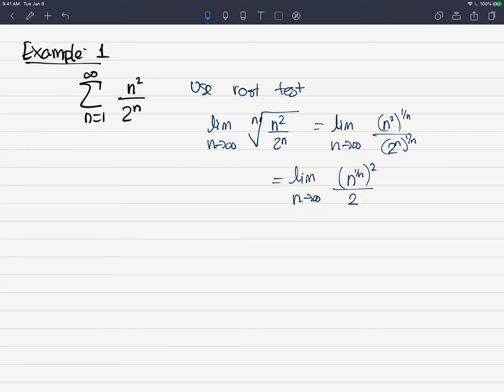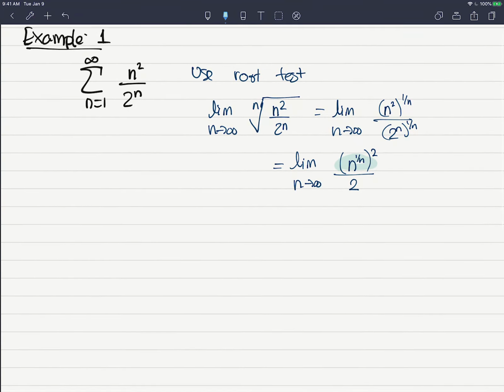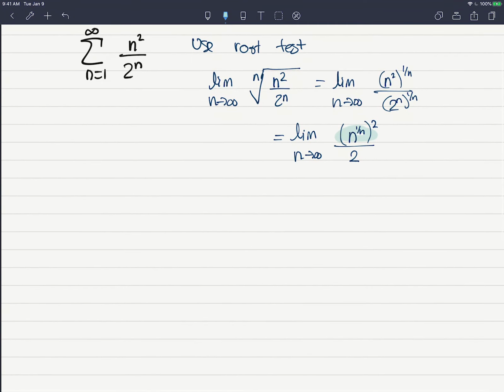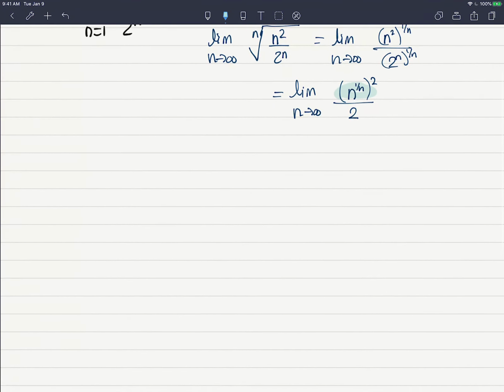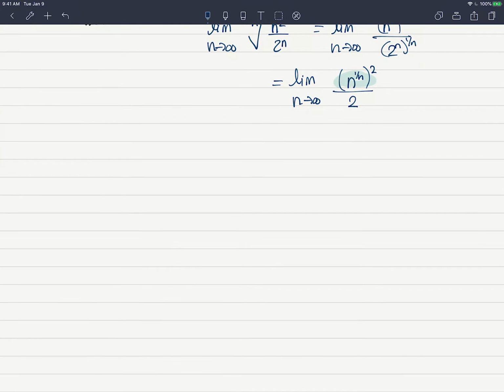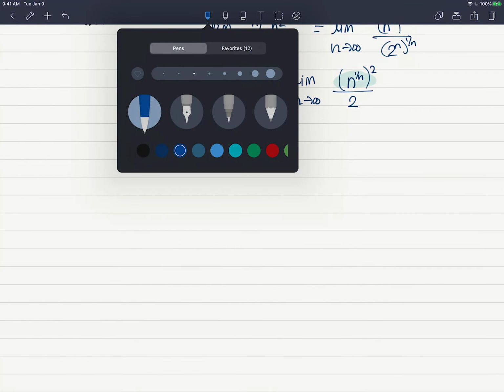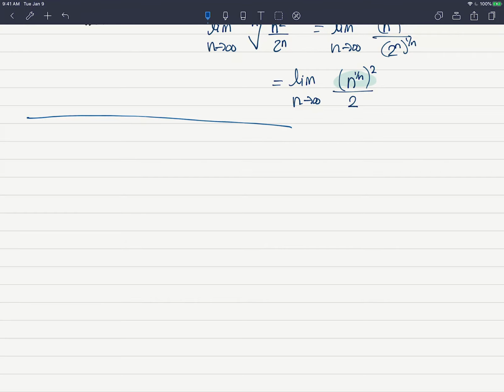Right. So it all boils down to, can I find the limit when n goes to infinity of n to the 1 over n? And this is something that we did in the past when we did sequences. All I'm doing is finding the limit of the sequence when n goes to infinity of n to the 1 over n. And for this one, it's a good review of techniques that we did in sequences. So to do that one, let me do it over here. I'm going to call a_n